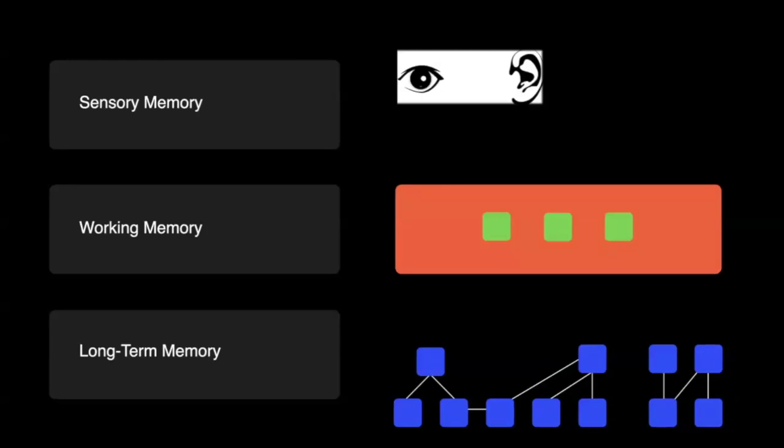Research suggests that we can only hold 4 to 7 chunks of information in our working memory at any given time. So for example, if I gave you a list of 3 random numbers, you could probably keep them in your working memory, and several minutes later, you could tell me those numbers. But if I gave you a list of 20 random numbers, it would be really hard to remember them all, because we can only keep a certain amount of information in our working memories. In some sense, we can think of working memory as a bottleneck. There are limits to the speeds at which learners can take in and process new knowledge.